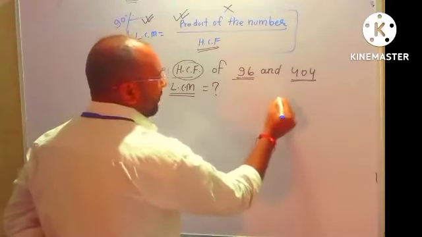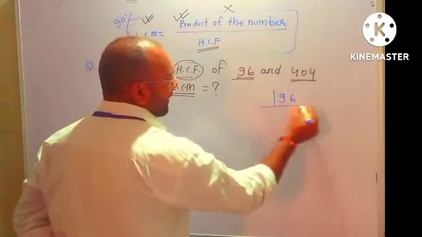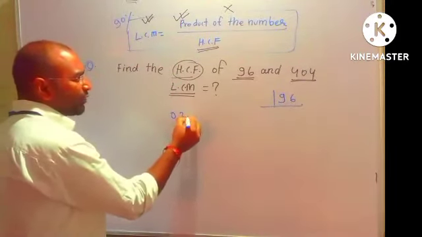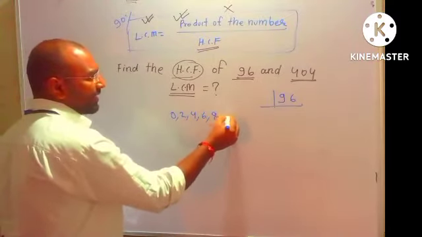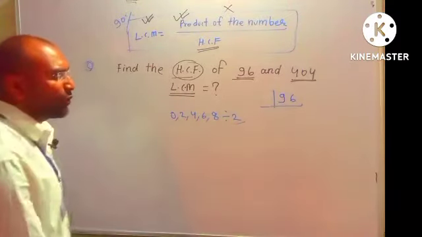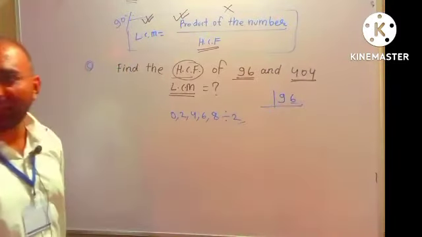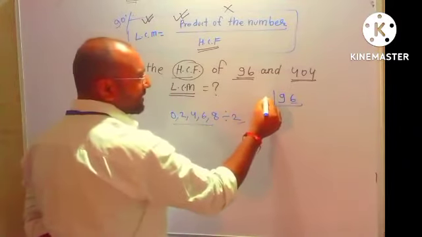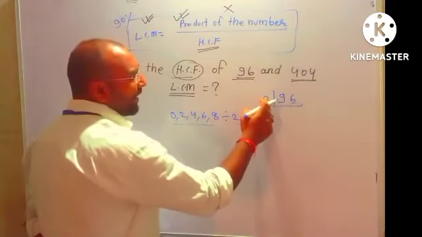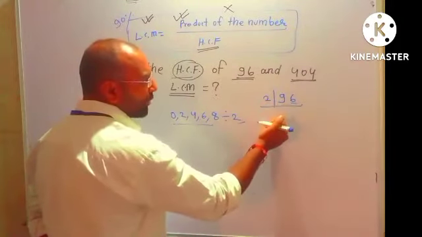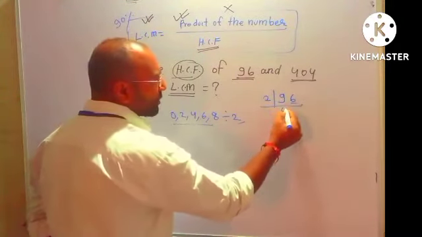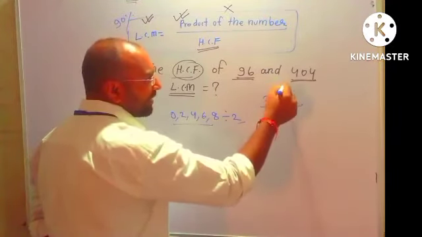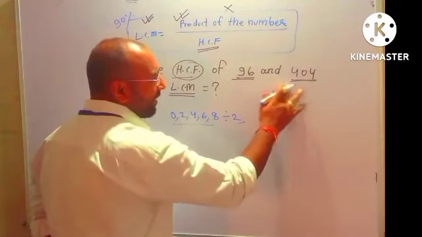First of all let's solve 96. We know that if the last digit is 0, 2, 4, 6, 8, then that number can be divided by 2. What's the last digit? 6. So this number can be divided by 2. So divide this number by 2. 9 divided by 2: we have to take a table up to getting 9 or less than 9. 4 twos are 8. How much is left? कितना बचा है? 1. So write down this 1 here.